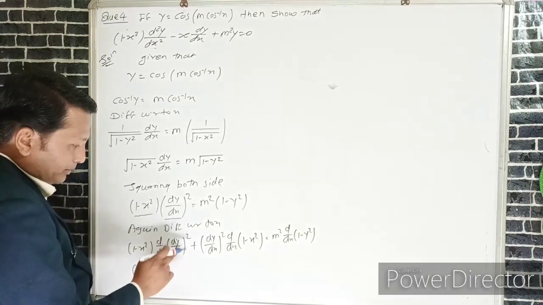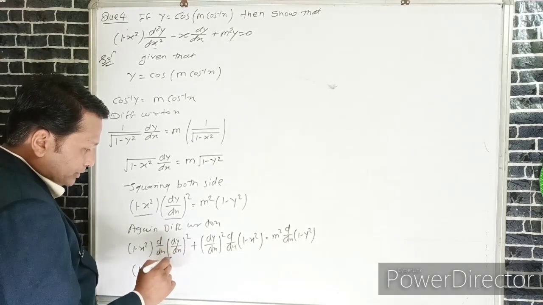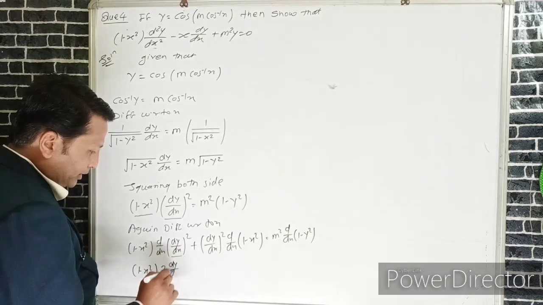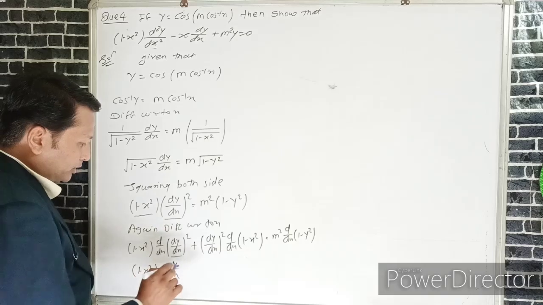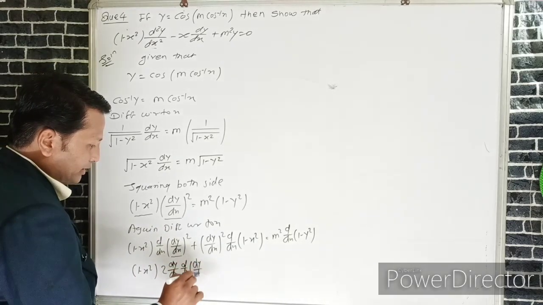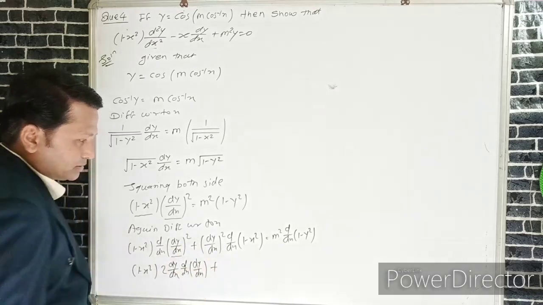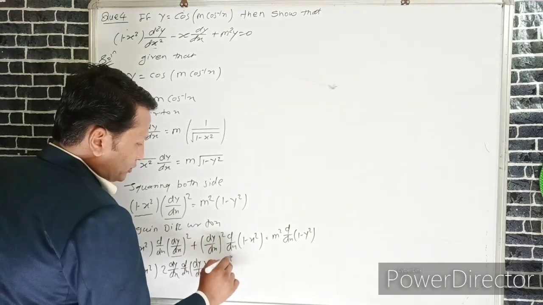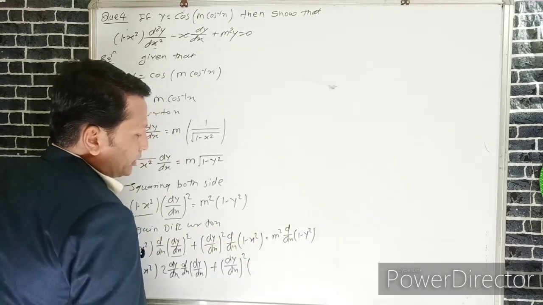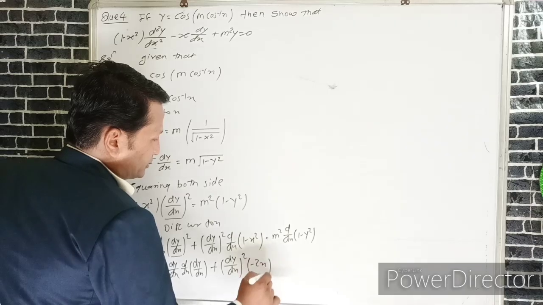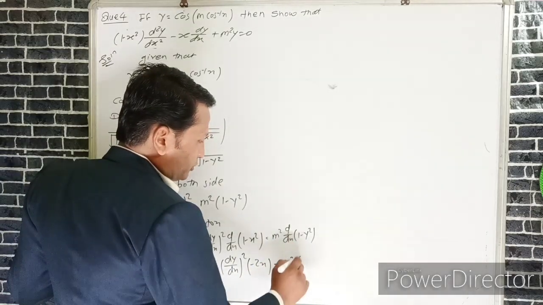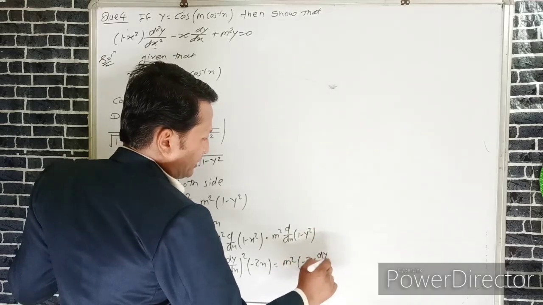Derivative of (dy by dx) square we can apply here, x raised to the power n: we can write 2 into (dy upon dx) raised to the power 2 minus 1, which is 1, and we take again the derivative of the bracket, which is the derivative of dy upon dx, plus (dy by dx) whole bracket square as it is, derivative of minus x square, which is minus 2x, is equal to m square as it is. Derivative of 1 is 0, we can write it as minus 2y into dy by dx.